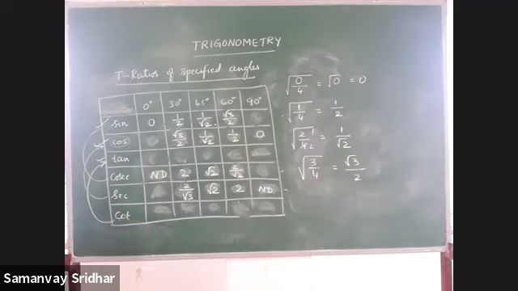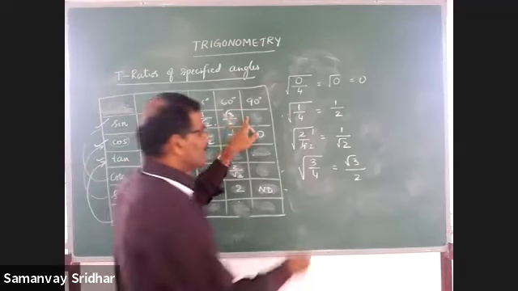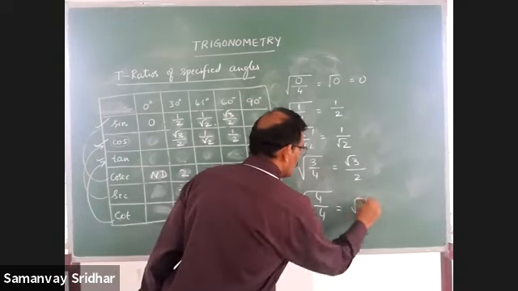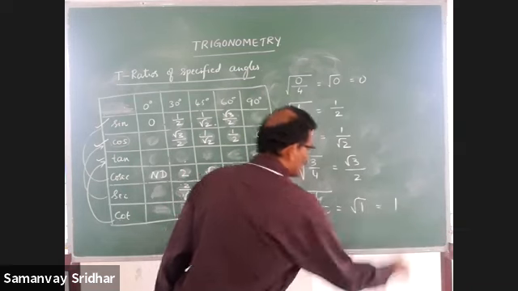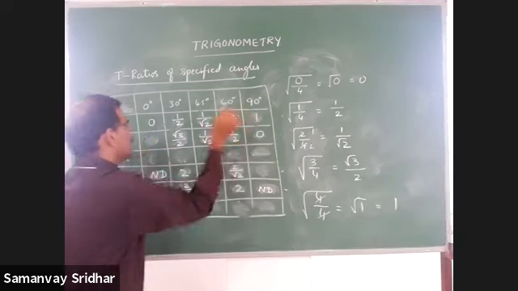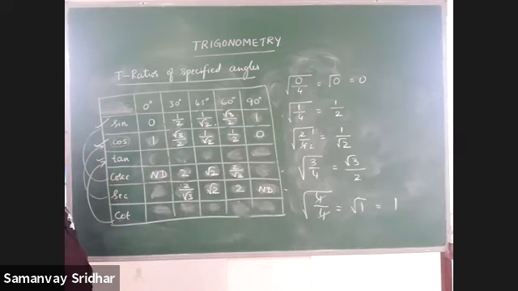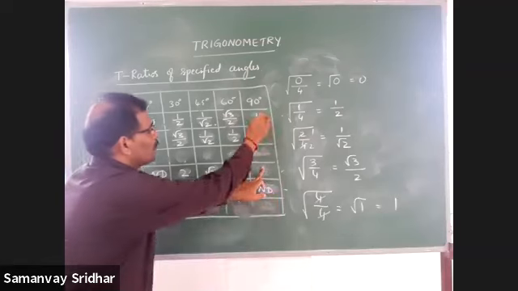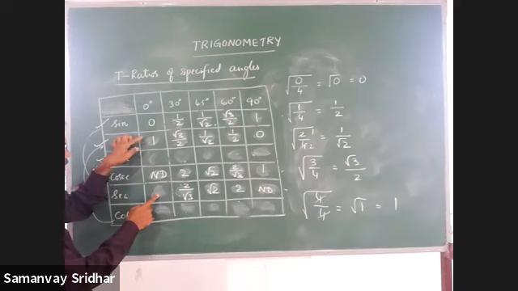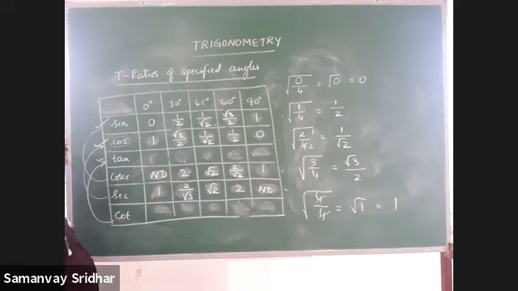Then we have to go for sine 90 degree, cos 0. Sine 90, the last number, 4 by 4. Take the square root. That is what? Square root of 1, 4 and 4 cancel. That is 1. When you say it is 1, in the reverse order you got this. Then cosec 90 is the reciprocal of 1, which is 1. Then cos 0, sec 0 is the reciprocal of that, right? 1. So it can easily be completed.